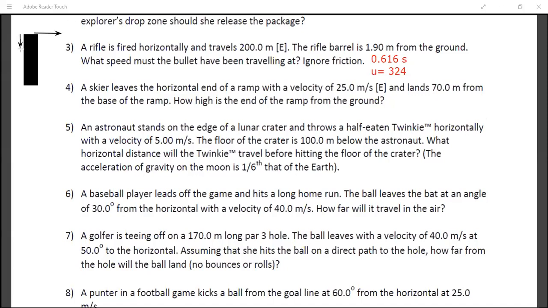Means vertical component of initial velocity will be 0. You know the height as 1.90 meter above the ground. So if the height is just 1.90 meter, you can use s is equal to ut plus half at square, because u is 0 initially. Using that, you will get the value of time it takes to reach the ground. And, yeah Tanmay, g is positive because it is coming down. That time you can multiply by the speed because the range formula was nothing but speed into time. Once you multiply that, the answer comes to around 324 meter per second.